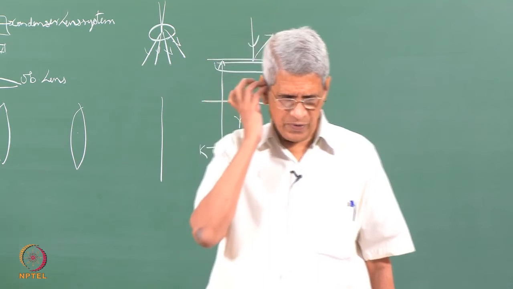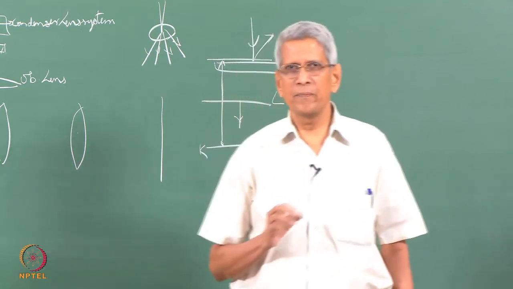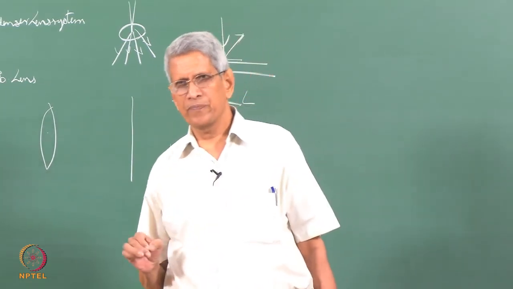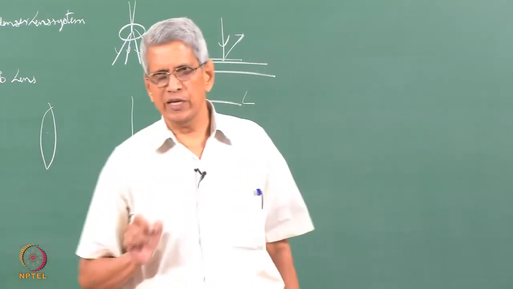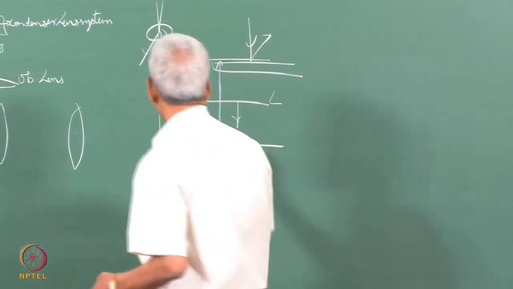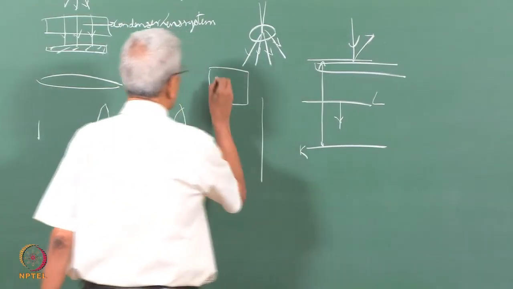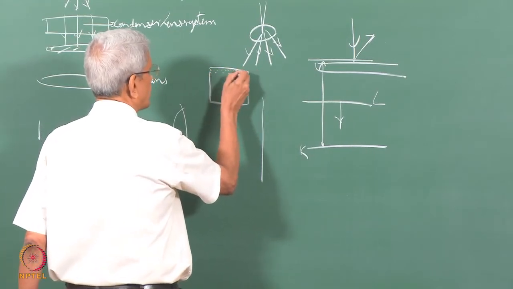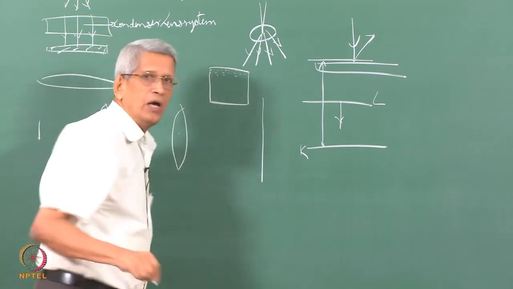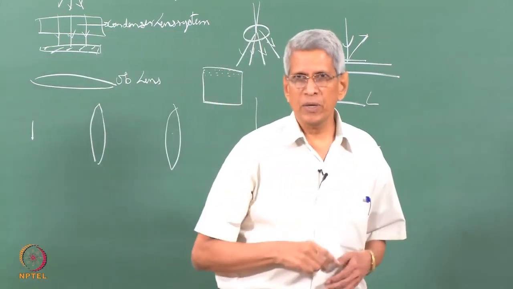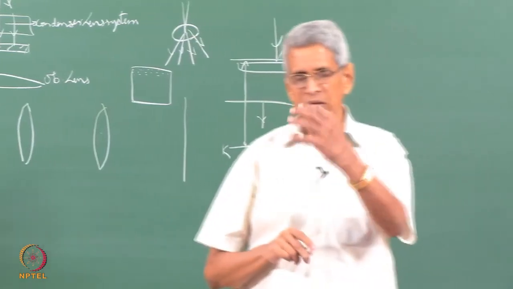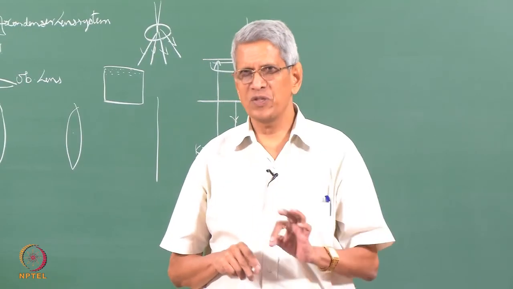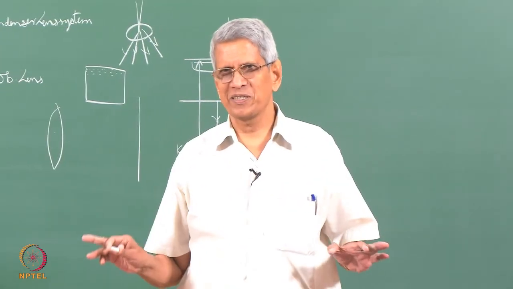But that is not true. The microstructure is nothing but mapping of a property distribution. Suppose we have a sample, like a nano indenter. We can put the nano indenter to take indentation at various places, look at what the hardness value is, and plot it. This is also a microstructure. So, the way I will define it, a microstructure is the mapping of a property distribution in a specimen or a sample.